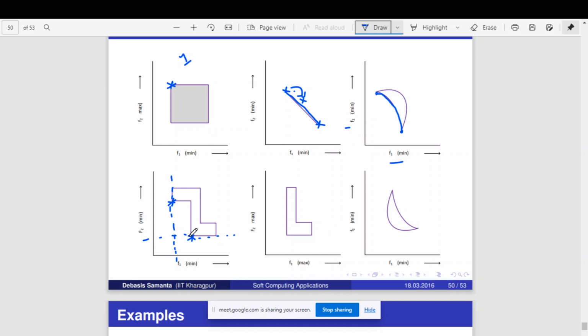Okay. But these two are Pareto optimal solutions, because when compared these two solutions, if this is solution 1, this is solution 2, when you move from here to here, there is an improvement. With respect to which one there is an improvement? With respect to F2 there is an improvement, but it is degraded with respect to F1. Okay. Similarly, when you move from here to here, there is an improvement with respect to F1, but with respect to F2 it is degraded.